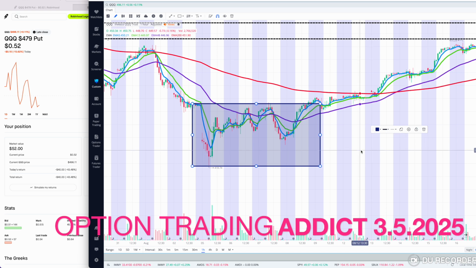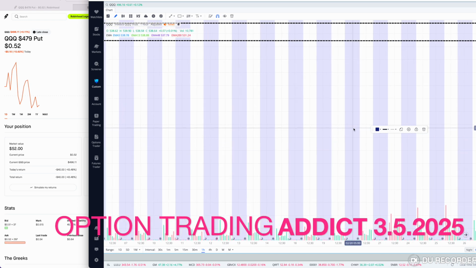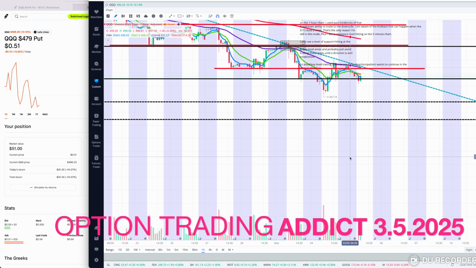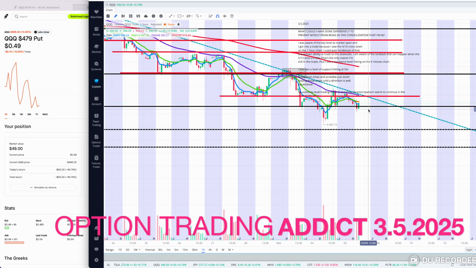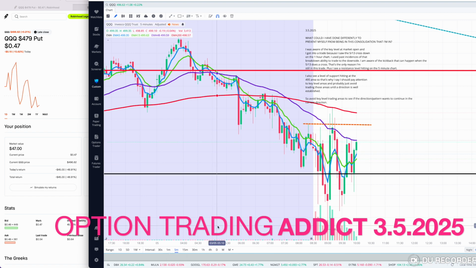So I'm gonna go back to today. I'm gonna show you where that's possibly happening on the charts currently. If we look at this 1 hour chart, it came down, created a low, bounced back up, got a cross back up to the upside, and it's doing a pullback. So I'm thinking this is really a sign of a reversal, and I think I probably need to get out of the trade. So I'm gonna go ahead and sell this, and if my analysis is right, then in the long run I'm gonna save money and not lose more than I have already,